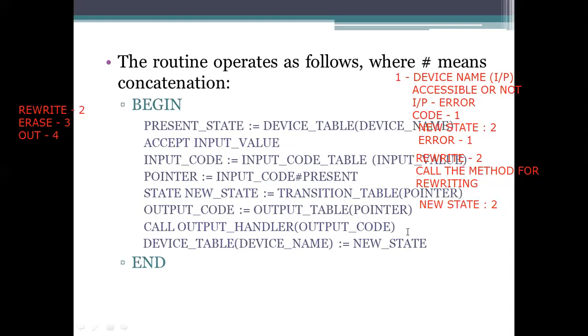So now the state is 2. So here, if it is a state 2, what happens here? It needs to rewrite. At the 2, what we are doing? We need to rewrite here. After rewriting, we will check this one. When we are checking, if it is okay,